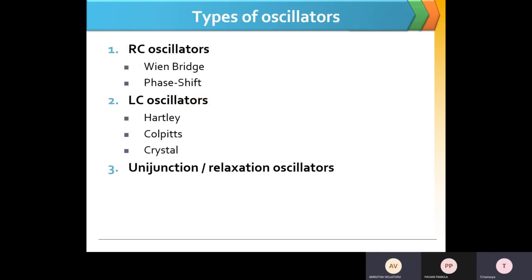The types of oscillators are RC oscillators and LC oscillators. Under the RC oscillators, we have the Wien Bridge oscillator and the phase shift oscillator. Under the LC oscillators, we have the Colpitts oscillator and the Hartley oscillator. According to your syllabus, the crystal oscillator is not covered, so we can discuss up to the Hartley as well as the Colpitts oscillator. For the Hartley and Colpitts oscillators, we have to give the stability, transfer function, and the frequency responses. These are the characteristics that we have to see in our Hartley as well as the Colpitts oscillator.